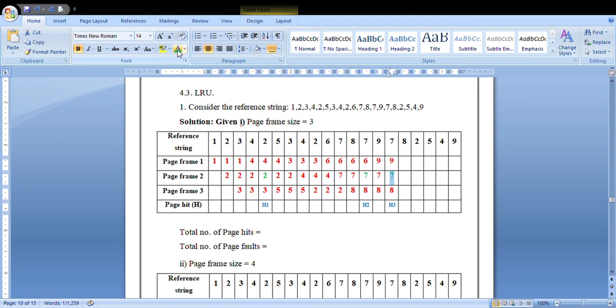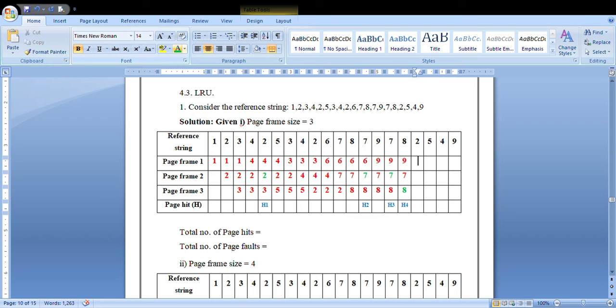Here again the value of 7 is getting restarted. Next you need to allocate for 8. 8 is already existing in the frame. So here what you will do, keep the values as it is. You are not going to replace any value, but 8 will get restarted from here.